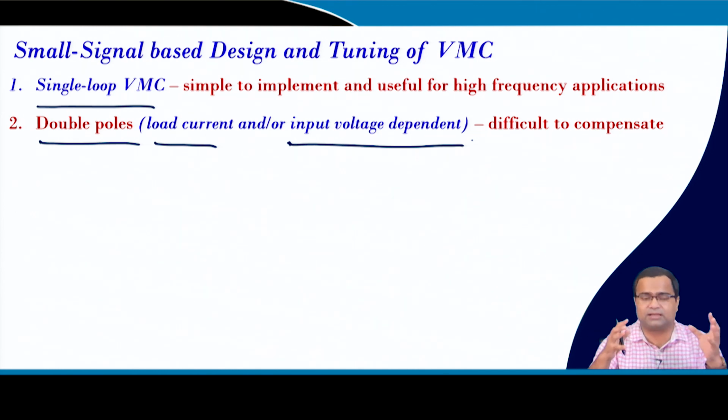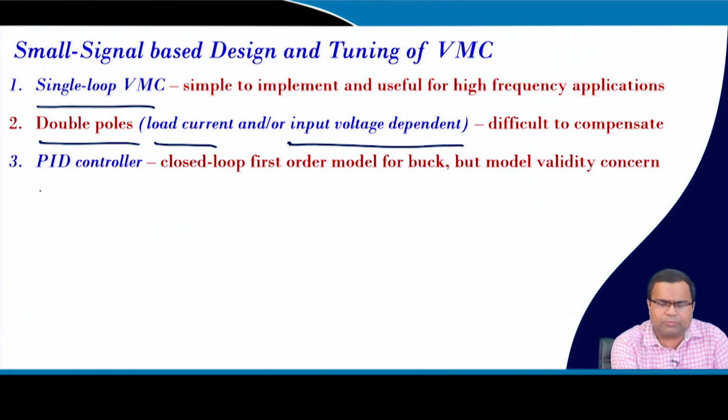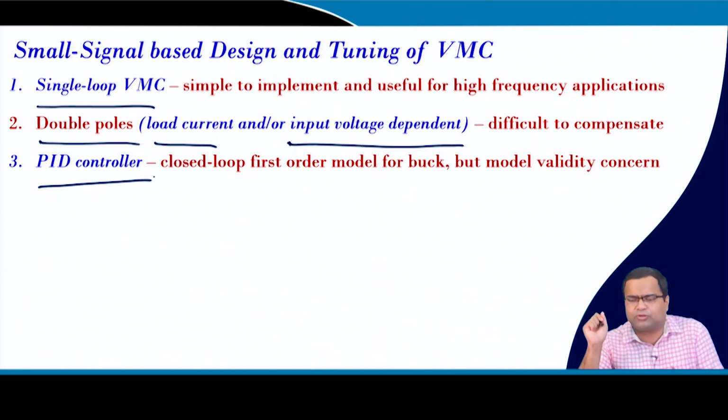and this makes it very difficult to compensate, because the double pole moves in the complex plane, and you need to adaptively vary the controller zero, and that is why the off the shelf or offline based worst case design will not be a good solution to achieve high bandwidth for an entire operating range. Then we talked about a PID controller design in a voltage mode control,